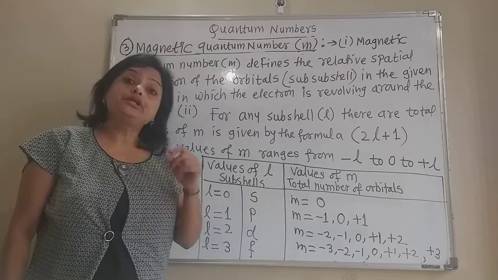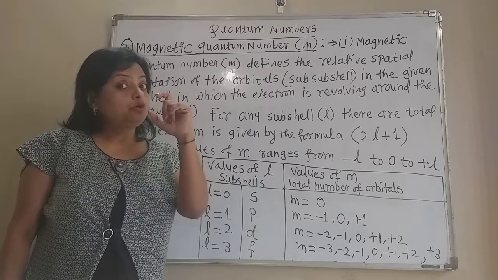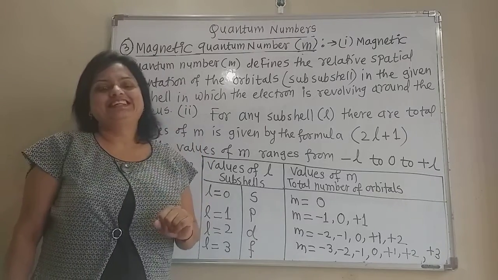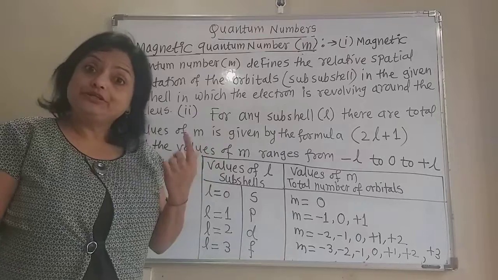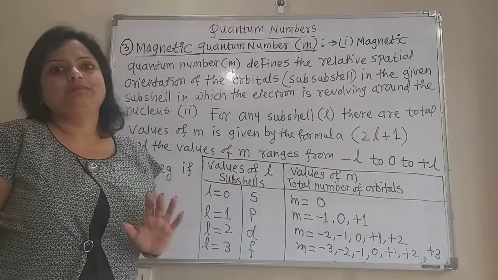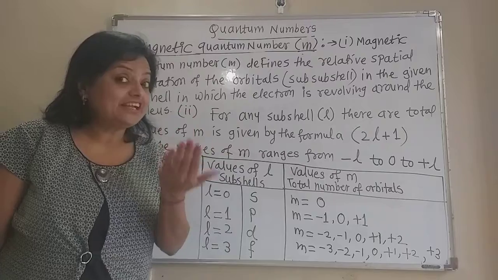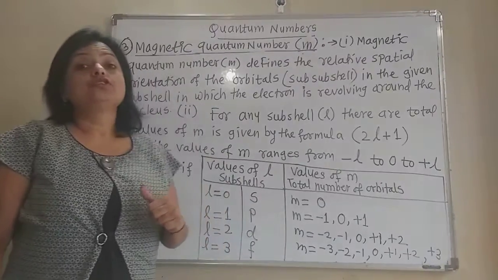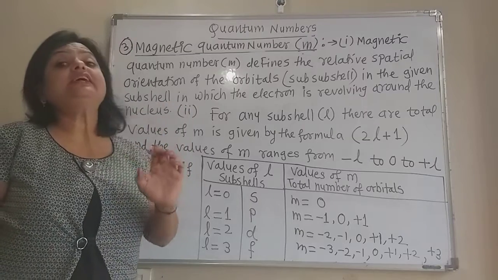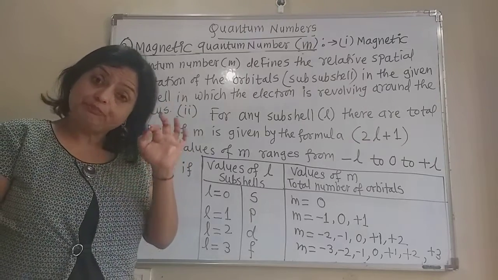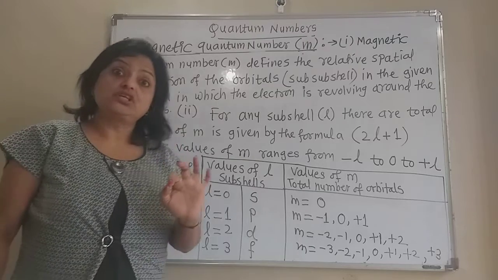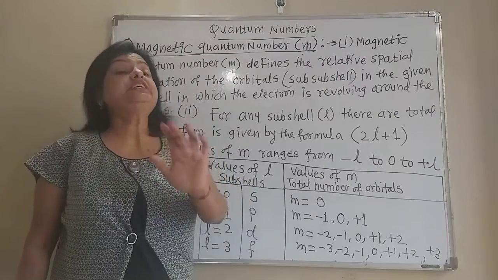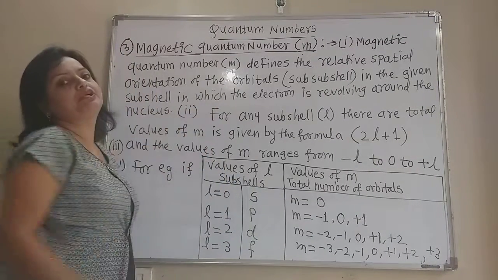Magnetic quantum number gives us the number of the orbitals present in that subshell. That means the magnetic quantum number gives the orbitals, because inside that subshell there are again finer divisions that are called orbitals. So the orbital in which the electron is actually present around the nucleus, in the main shell and the subshell, is given by this magnetic quantum number m.